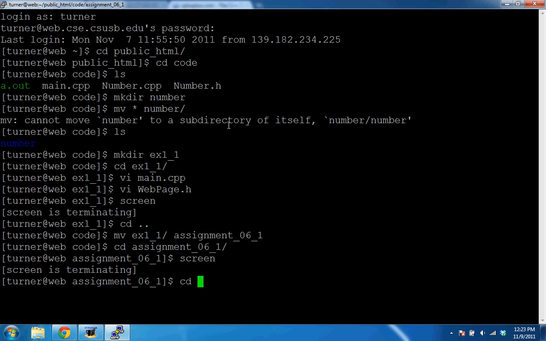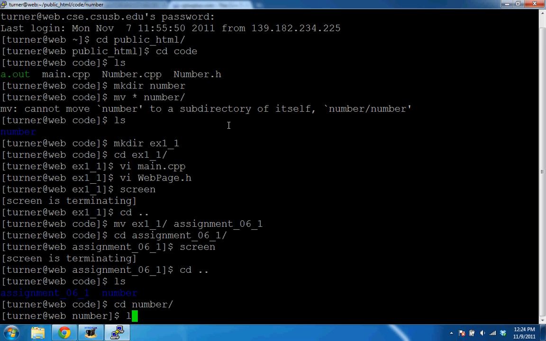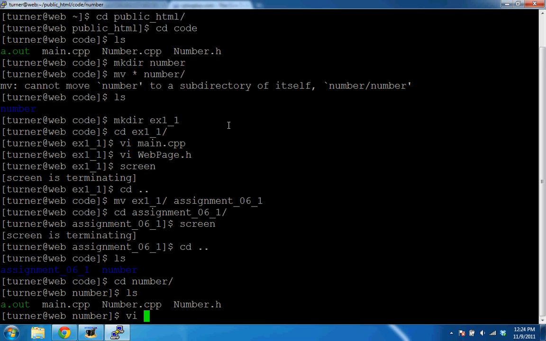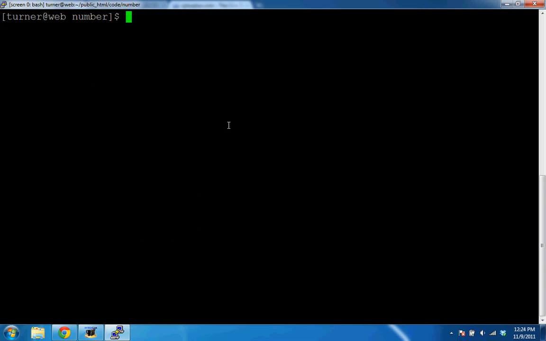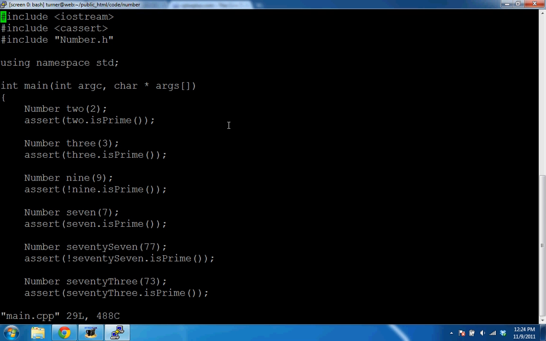I'll show you how to do it with exercise 1 in assignment 6. I'm going to go into this folder. How to add a member function. Let's do it in 3 steps. Okay? First step is